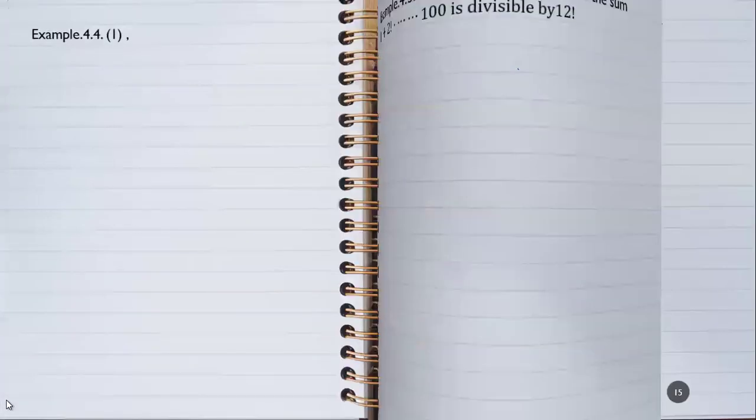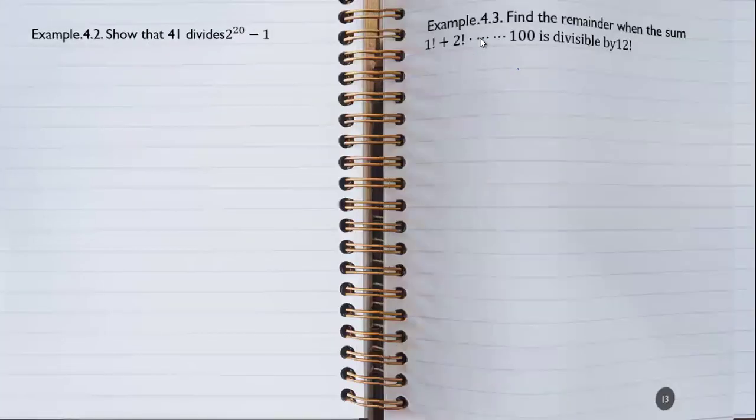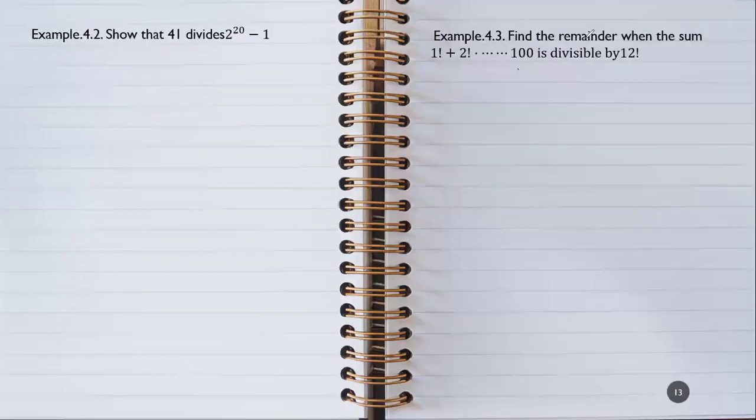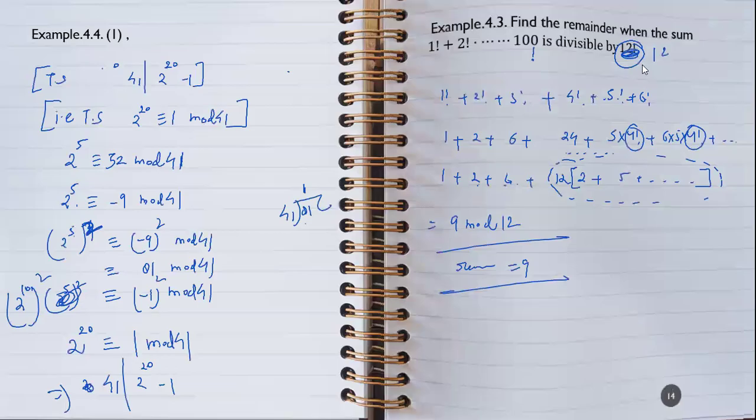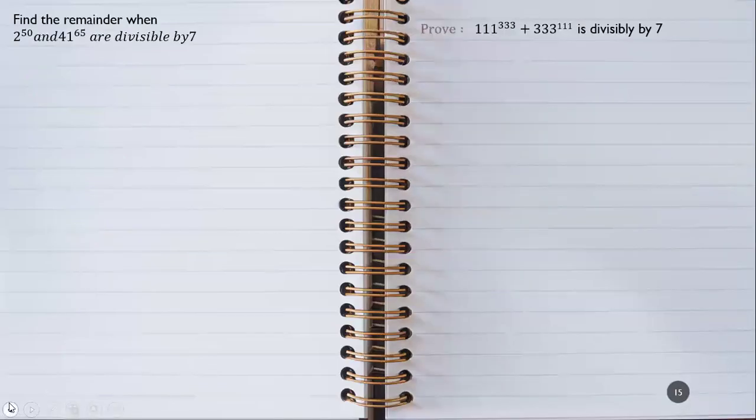One mistake I have made here: in this question, 12 factorial is not there. This is 12, not 12 factorial. By mistake, I typed factorial here. Please make changes in your question, because dividing by 12 factorial would be impossible, and 4 factorial will not be divisible by it. So we have to divide by 12. Only 12 is present. Okay, understood? Next one. Wait, I think one question will be here.